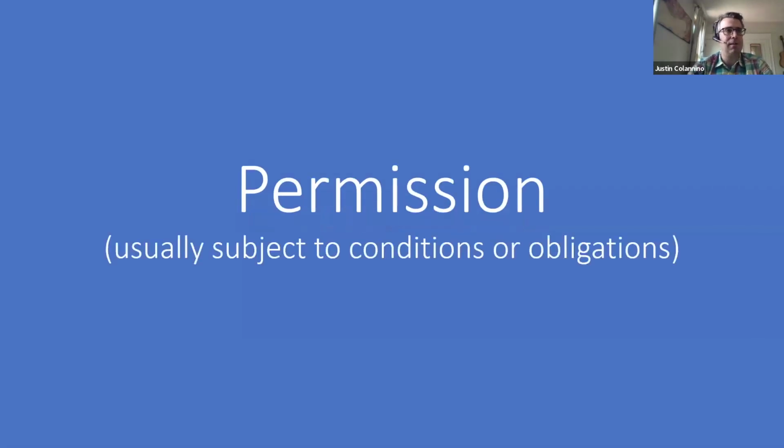And to get a little bit more technical, that permission, you might have been thinking it's a contract or something, right? It's usually subject to some conditions that you need to perform. Think about a driver's license. You have permission from the state to drive your car, but you can't do things like drink and drive, or speed, and if you get too many points on your license, it can be revoked. If you don't meet the conditions or obligations, then you lose your license.